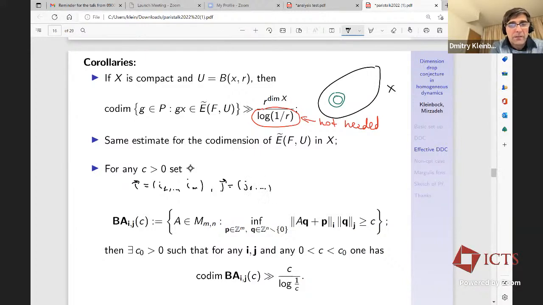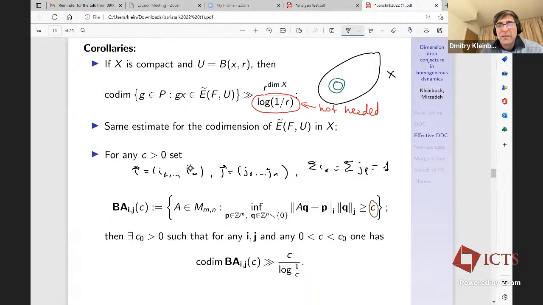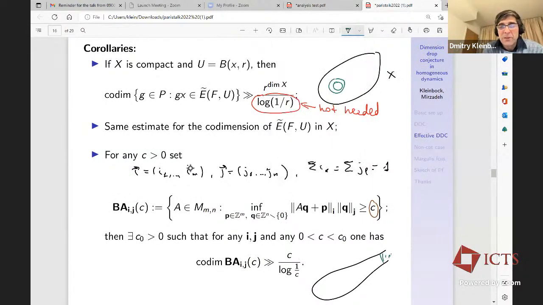j, n, such that the sum of i_k and the sum of j_l is equal to 1. And you're talking about the set of weighted Badly approximable matrices with a fixed lower bound given by this c, and this, by the weighted version of Dani's correspondence, gives rise to an open set like this in the space of lattices, and you